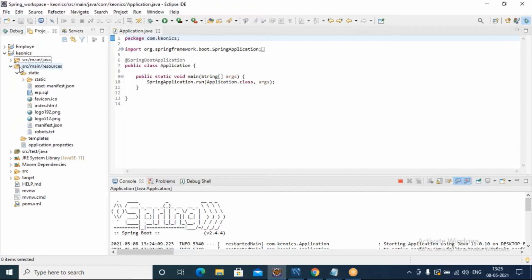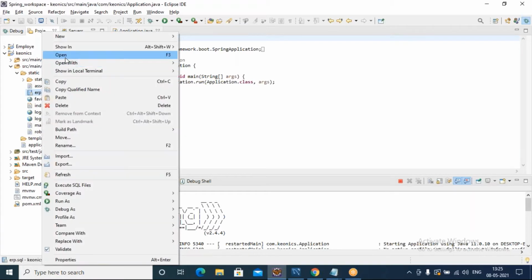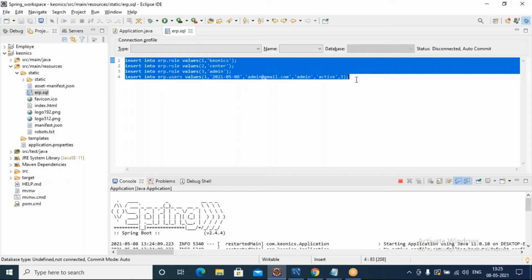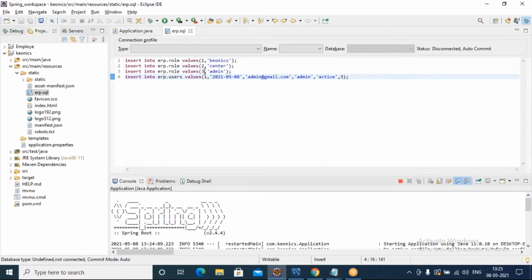Expand it and you will see the static folder. Inside the static folder we have one file called erp.sql. I'm opening this file on the right side. You can see this file has some insert statements, which we need to run before working with this application.